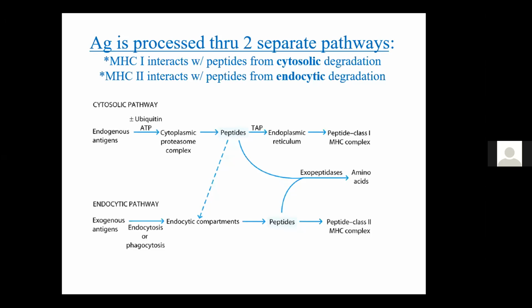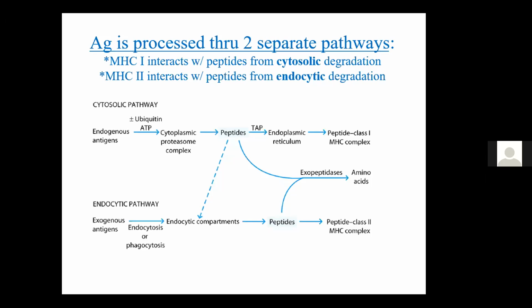What happens endogenously is that the antigen is broken down by the proteasomes, which are hydrolytic enzymes, and this generates smaller peptides that can be coupled with transporter associated proteins, which transfer these small peptides to the endoplasmic reticulum, and then this is linked up with an MHC molecule, and that becomes an MHC antigen complex, and that will be recognized by CD8, because CD8 cells only recognize an antigen in association with MHC